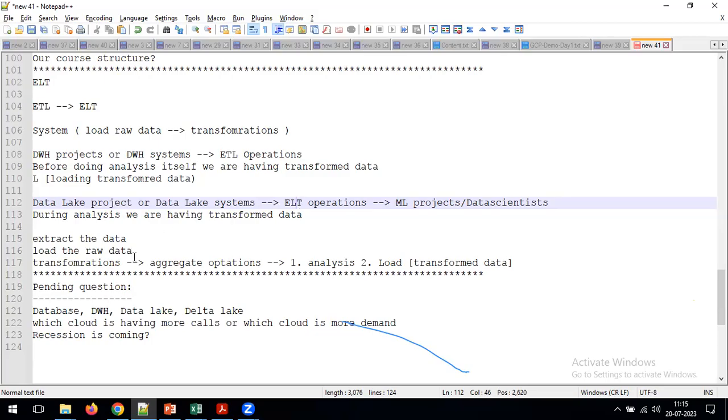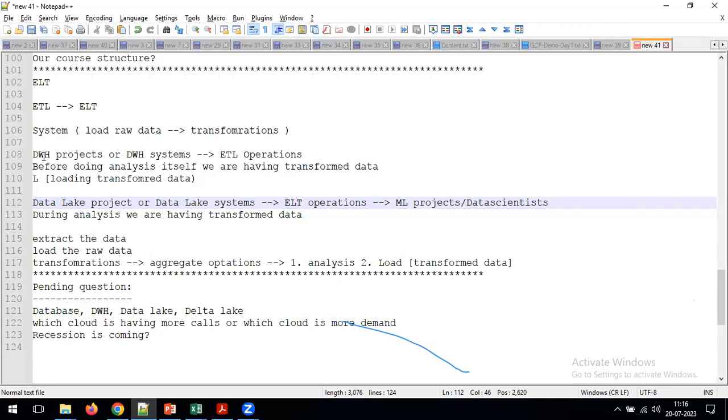But coming to here, we are applying the transformations on the raw data. For example, one file is a text file, one is an XML file, one is a JSON file. On top of this raw data, we are going to perform the transformations. Now, using this statement, try to answer where we can see good performance and where we can see bad performance between data warehouse and data lake. Any guesses?